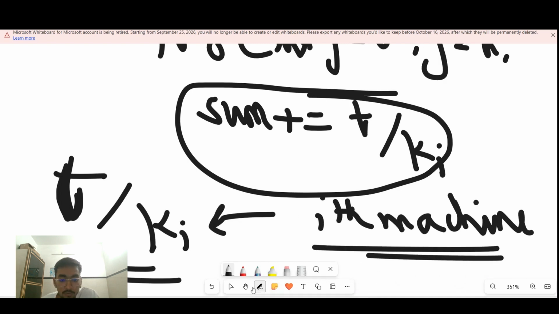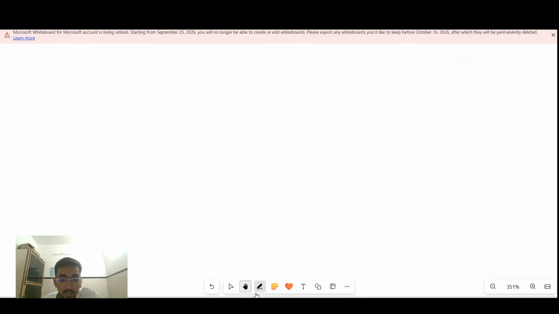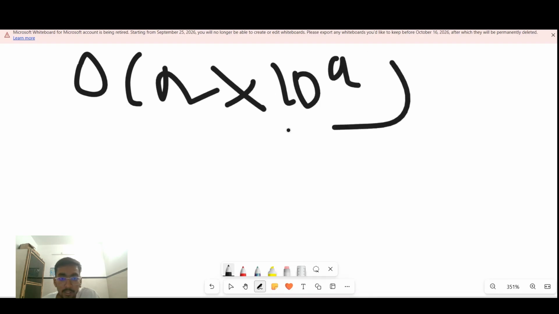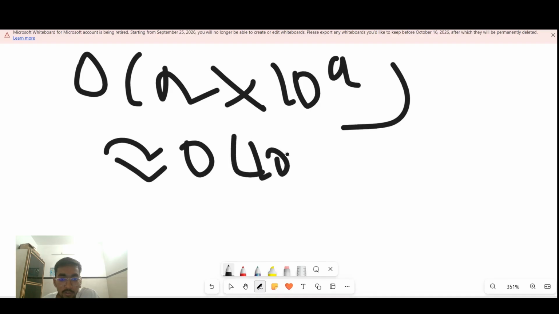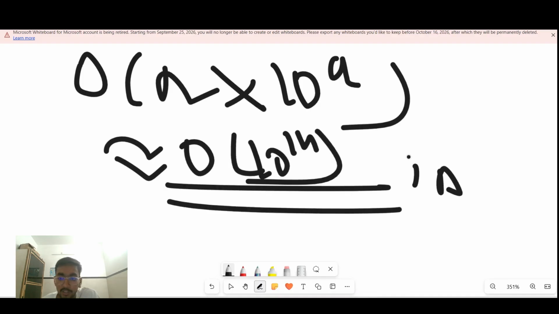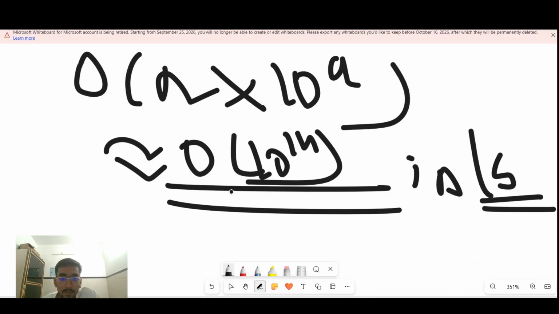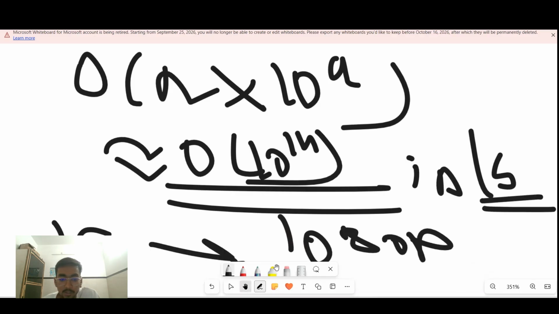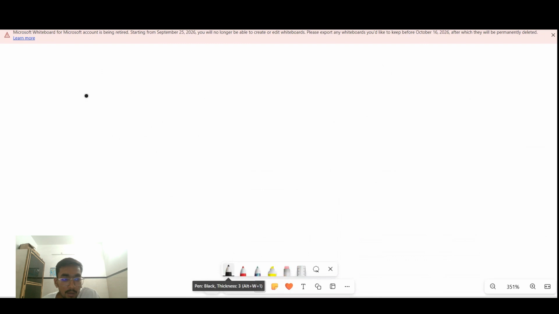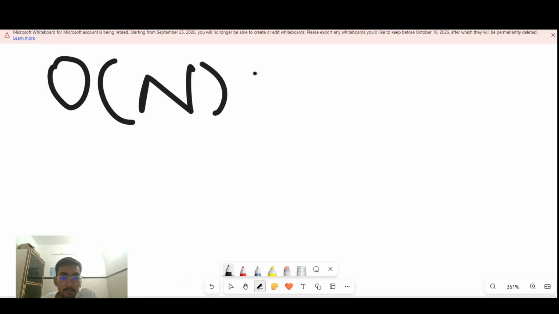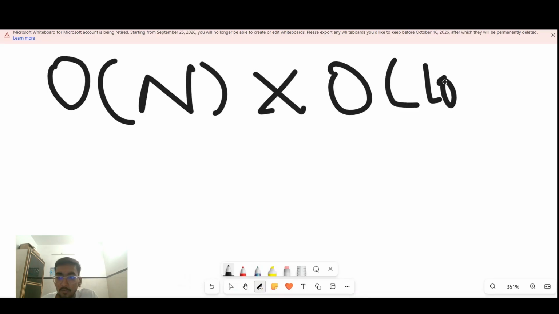So this brute force solution will give us the correct answer in big O of n times 10 raised to power 9, which is nearly big O of 10 raised to power 14 iterations in 1 second. Now we know that in 1 second we can do at max 10 raised to power 8 operations. So now let's see how to optimize this. We can intuitively think that we can't reduce this big O of n, but we can reduce this big O of 1e9,